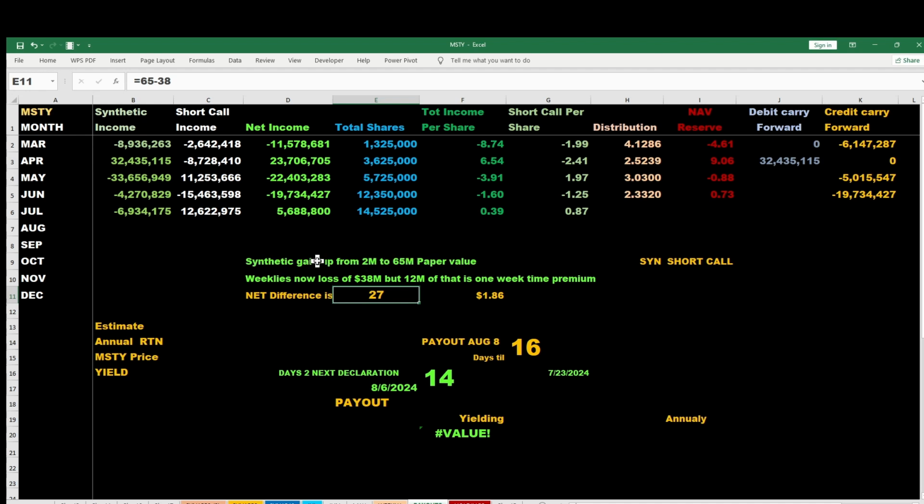The synthetic is made up of the call and the put, but the call just staying at a certain level, it shrinks some too, just like this one does. But our put shrinks a little bit too, so it's hard to know the exact number. But let's call this 35. So if we get 35, even 27 gives us $1.86 in Misty. Let's add a little bit more of that and say we get 220 here. Well, we got a 40-cent loss, so there's $1.80 right there. If all we do is just write out where we are, we maintain the 65 million, right?